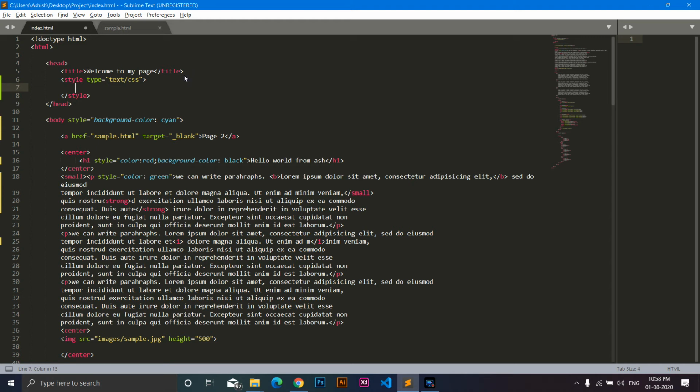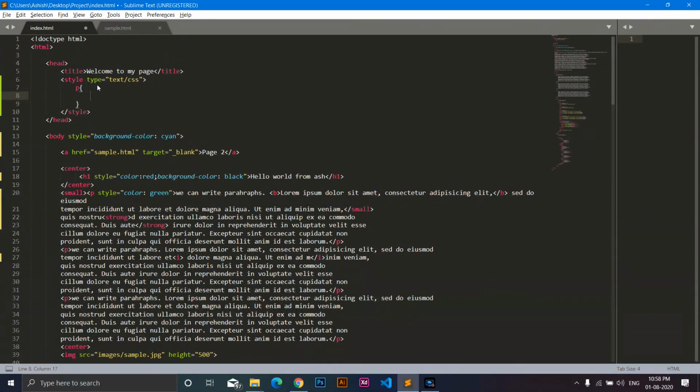we can define CSS rules, and I want to define that all the paragraphs of this page should have yellow color, maybe green color. To do so we can write p, and we can open braces, and inside our braces we can define CSS.